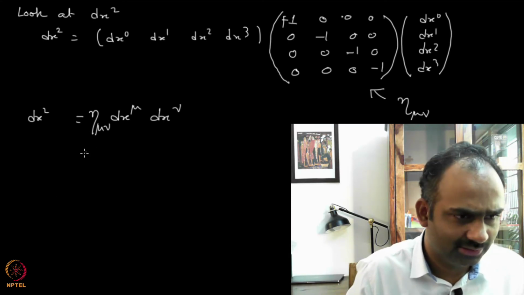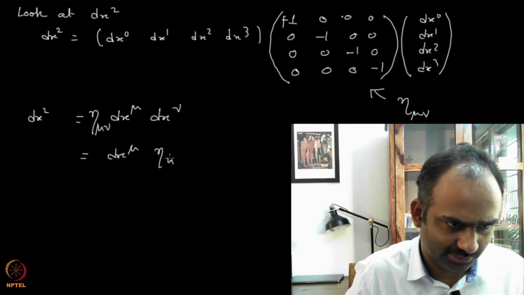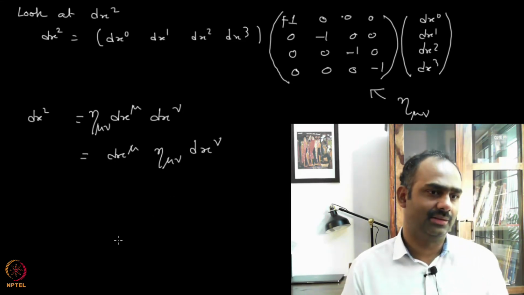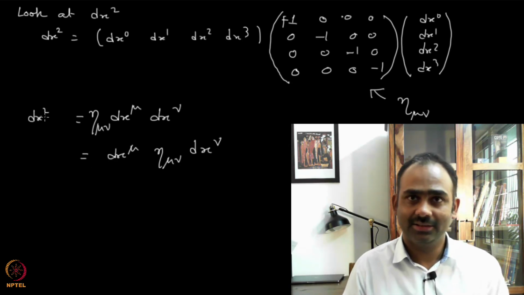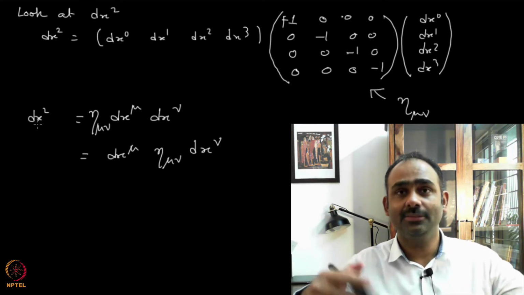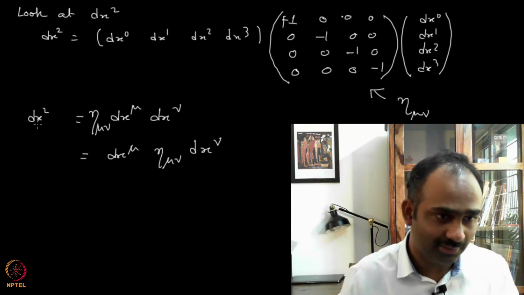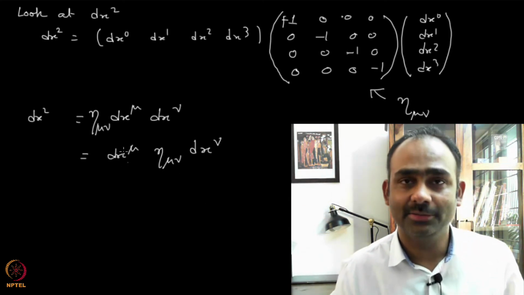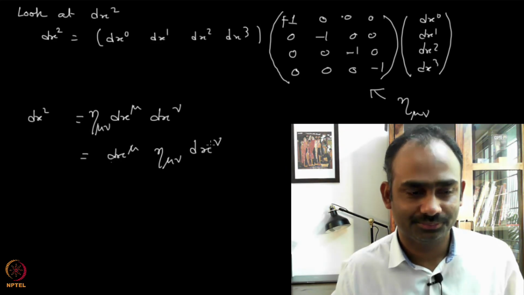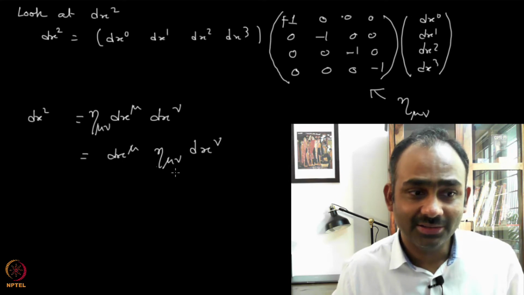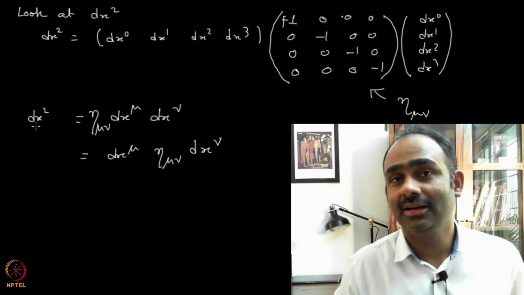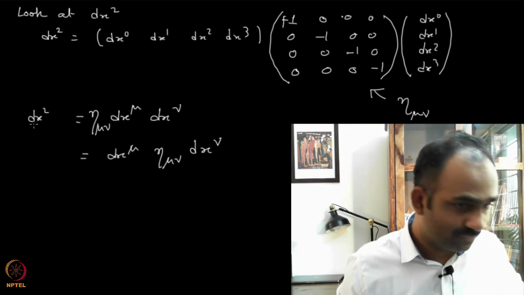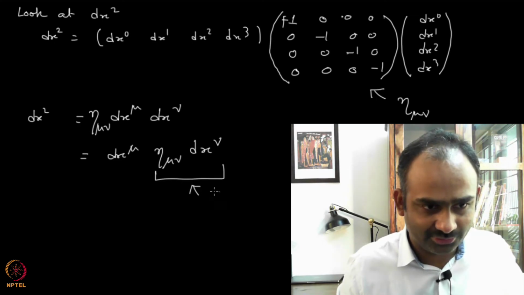Okay, this is good. Let me write it again as, let me put it at its original location. Okay, same thing. Now this left hand side is an invariant object. It does not change under Lorentz transformation. It becomes dx prime square, but dx prime square is same as dx square. But this object changes. It becomes dx prime mu. Okay. And this object has to change according to the inverse of this one, because then only the product of two is going to give you a not changing thing, right? So if I look at this, this has to transform